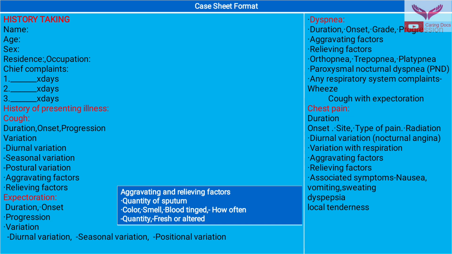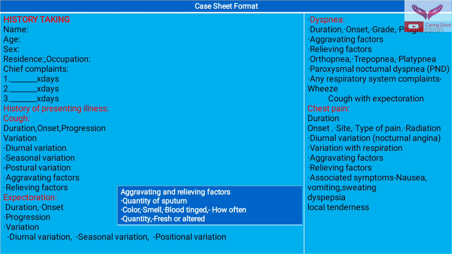For example, if the patient presents with cough, we have to ask about duration, onset, progression, and variation in the form of diurnal variation, seasonal variation, postural variation, aggravating factors, and relieving factors. If the patient has cough with expectoration, we ask about the duration of expectoration, onset, progression, variation, diurnal variation, seasonal variation, positional variation,